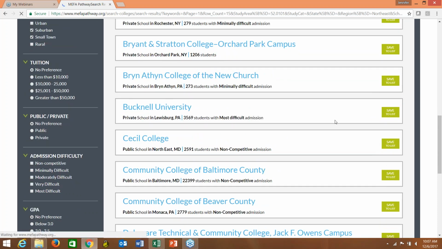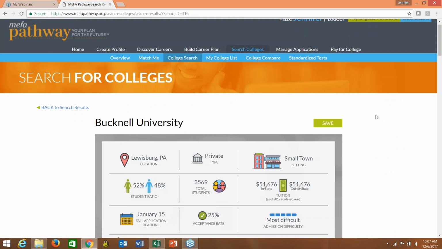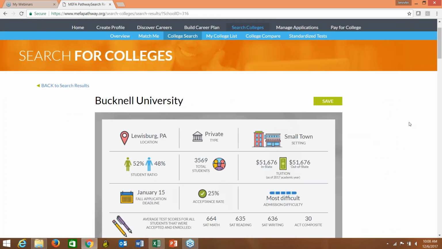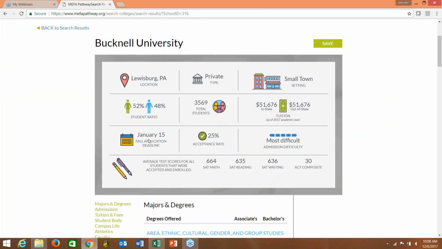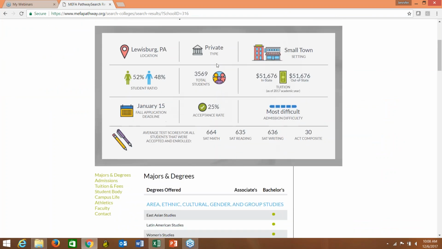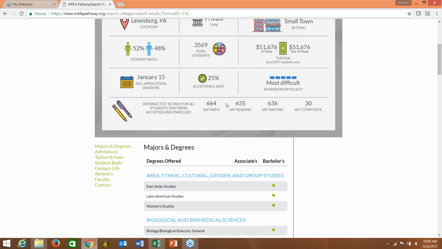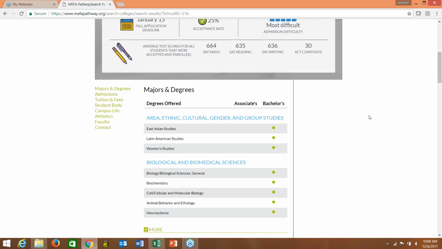All right, let's look at Bucknell. We're going to click on Bucknell, and we're going to get a lot of information about Bucknell. So general information is on the top here. As you can see, it's a private school in a small town setting that meets that criteria. It gives us the tuition, total students, student ratio, the application date, very important, acceptance rate, and you can see that this school is, the admissions is pretty difficult. So the student can look to see if this is a reach or a target school for them based on